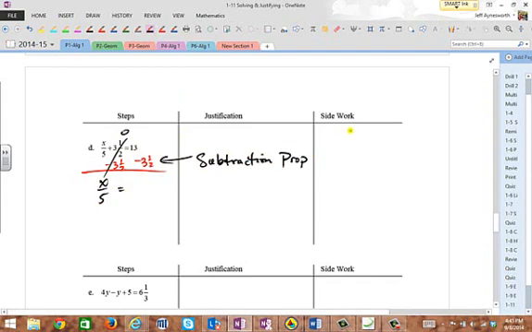All right, I'm going to do my work over here. 13 minus 3 minus 1/2. That's 10 minus a half, that's 9.5, right? So you have 9.5 here. So I state my property that I use in the middle, justify it with side work on the side. Right. Now, the inverse of division